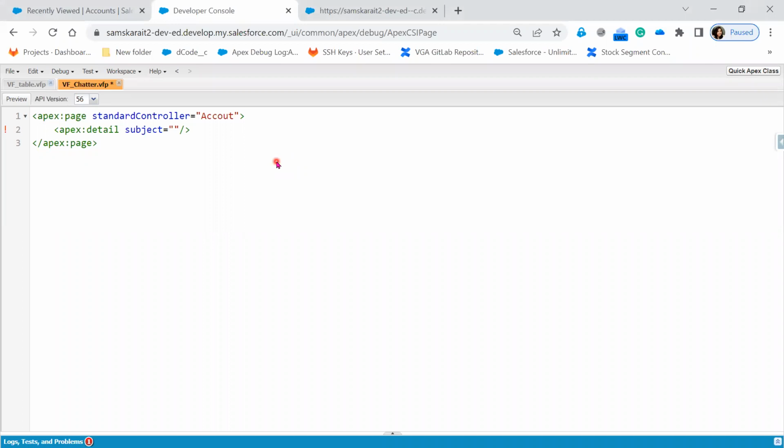What do I need to give in the subject? Detail, Contact ID, account ID, Account dot ID. And if I do not want to display the related list,